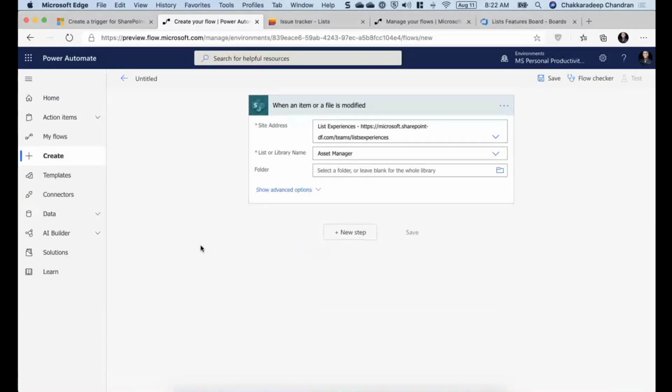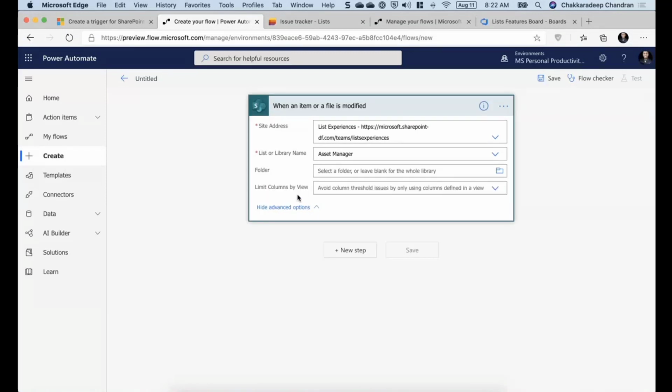You will see us making this change across the triggers, so we don't confuse customers, and you have one trigger, you can keep changing between the list and library. So once you do this, you have the other options as well, the folder, and even if you want to just pick the columns that you want. Say, for example, if you have more than 12 lookup columns, that won't work because of the threshold we have. So you could choose a particular view to bring very specific columns back. So this trigger will give you the ability to run only when items are modified in that particular list I have selected here. Now, there's also a new action